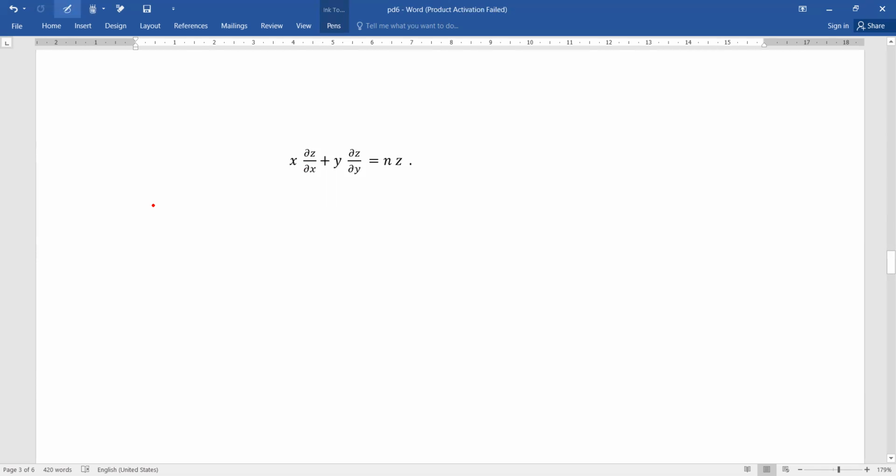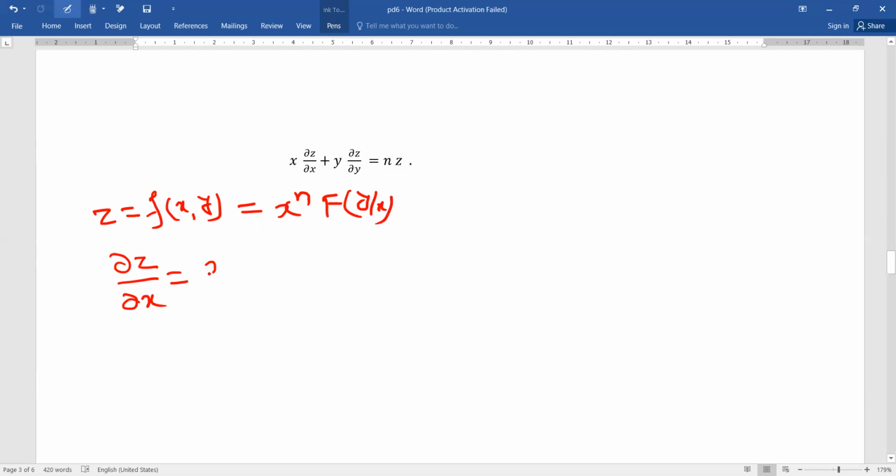Now see the proof. So we have given here fxy is a homogeneous function, and since fxy or z is a homogeneous function, so z can be expressed in the form x to power n f of y by x. इस फॉर्म में लिख सकते हैं इसको. Now let us find del z by del x by applying product rule. So it is first del by del x of